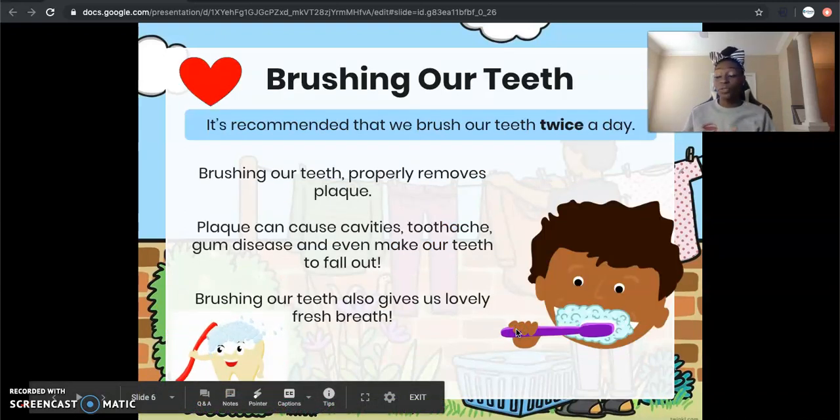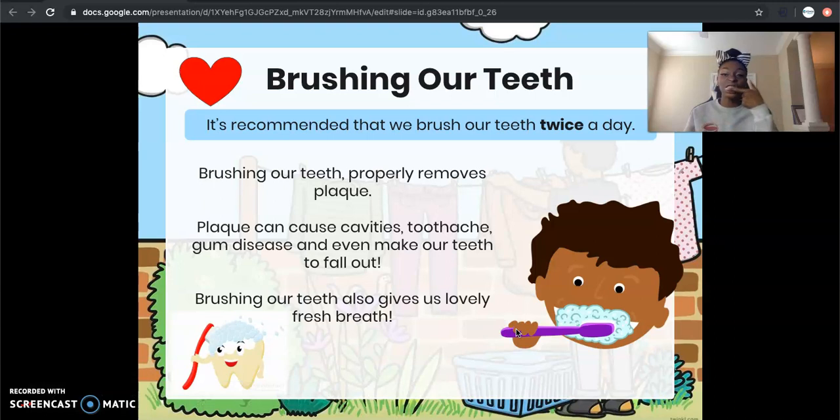So starting with our first one, brushing our teeth. It's recommended that we brush our teeth twice a day, 2 times a day, once in the morning when we wake up and at nighttime before we go to sleep. Brushing our teeth